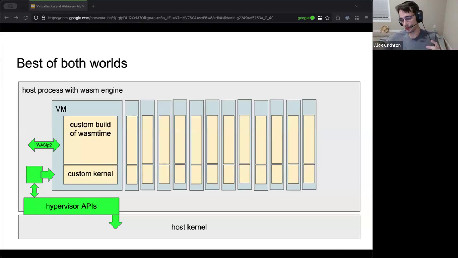So for example, if the guest wants to open a socket, it goes into the host, which does the various validation it does in WASI, and then it just calls the Linux syscall for opening a socket. So no VirtIO, no custom devices or anything like that. This is all currently purely arbitrated on the embedder side. This is currently geared towards you building an embedding, so you would be writing the software that's orchestrating all of this. It's not more of a turnkey option right now.